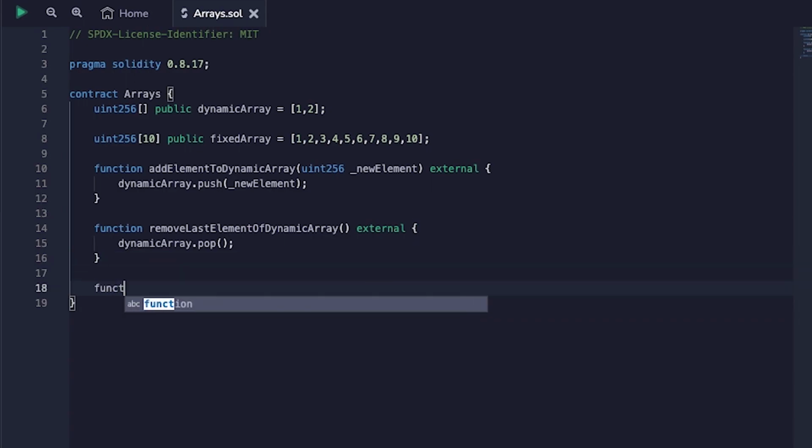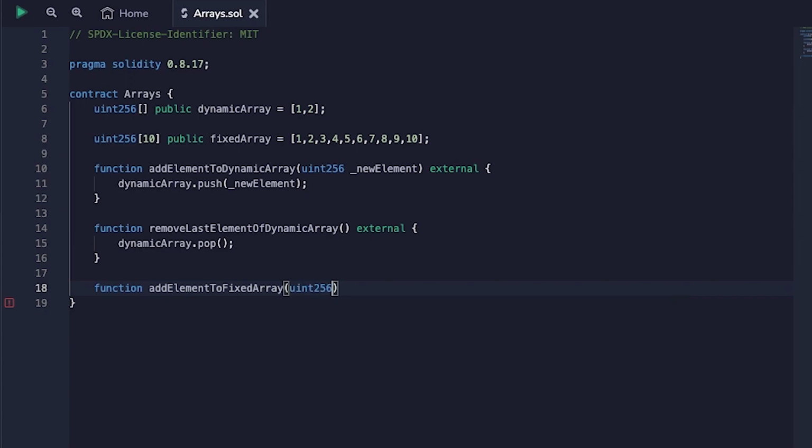So let's write a function called addElementToFixedArray. And it's going to be very similar to the previous example. We're going to pass a uint256 called newElement, and external. Now let's try to write fixedArray.push(newElement). Okay,